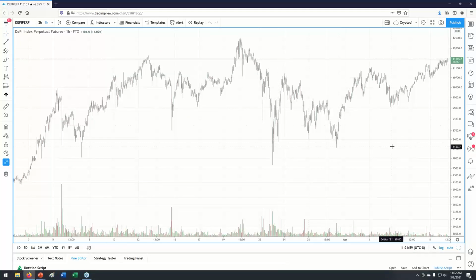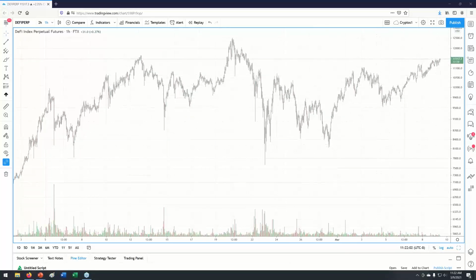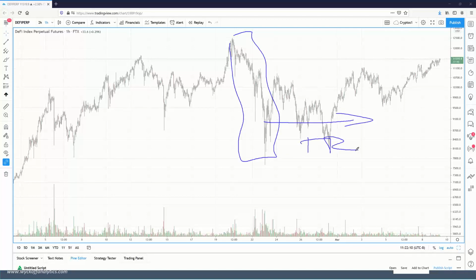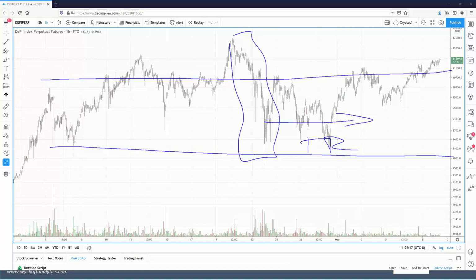I would just be looking at this whole formation right now. There was a thought that came from me that this is a change of behavior for the trading range, and obviously we are in the trading range. But you could also include this whole formation here. You could think that this whole trading range